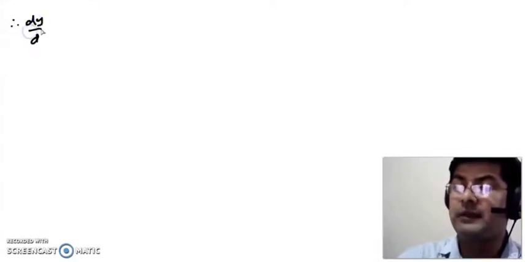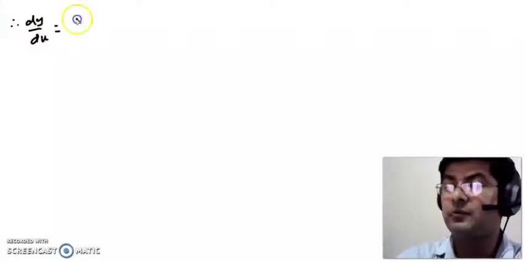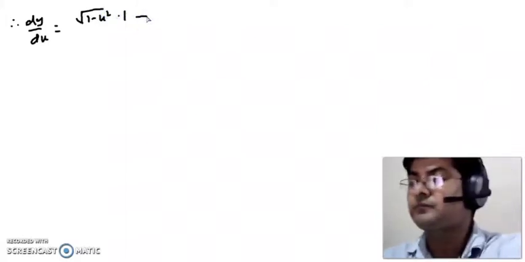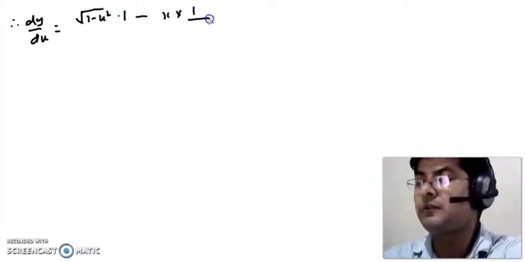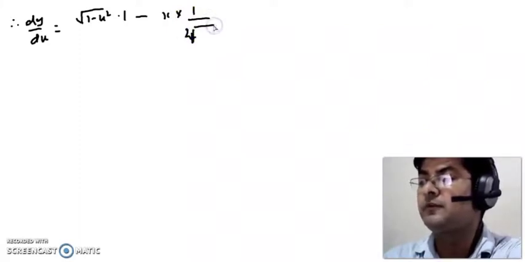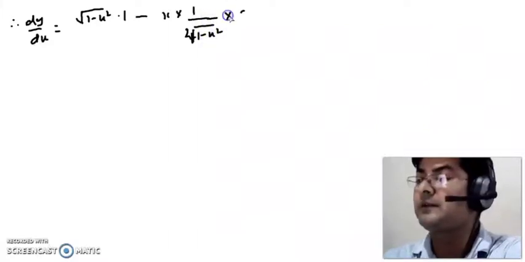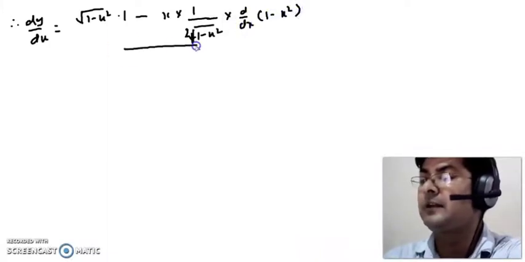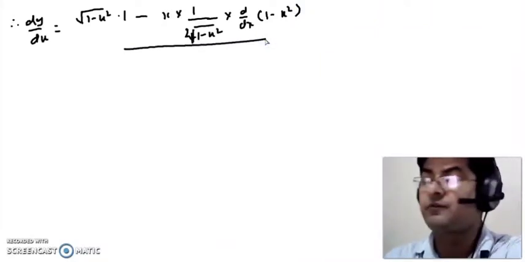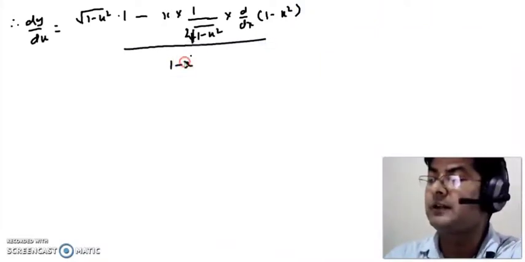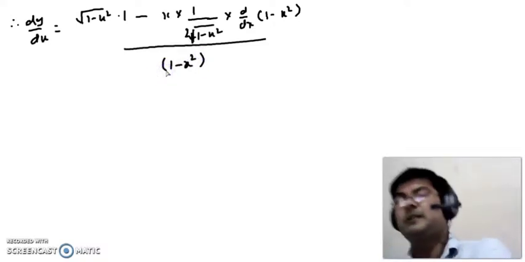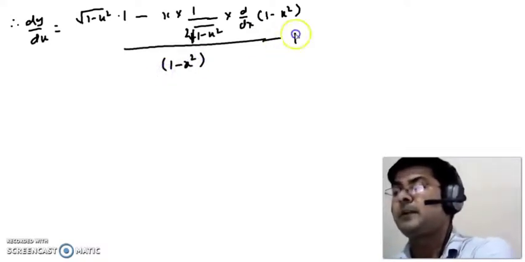Therefore dy by dx is equal to square root of 1 minus x square into 1 minus x into square root of 1 upon square root of 2 into square root of 1 minus x square into d by dx of 1 minus x square, and the denominator is a square root of 1 minus x square, so square and square root get cancelled, 1 minus x square, okay, plus